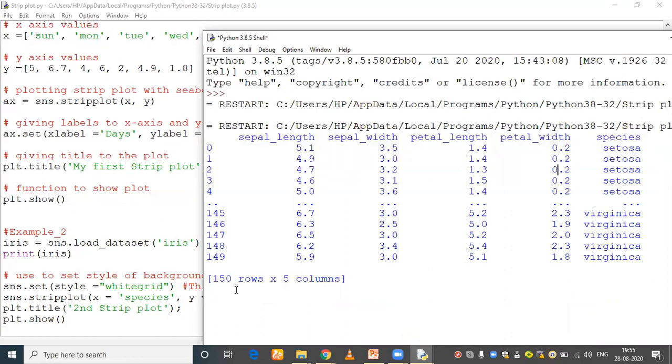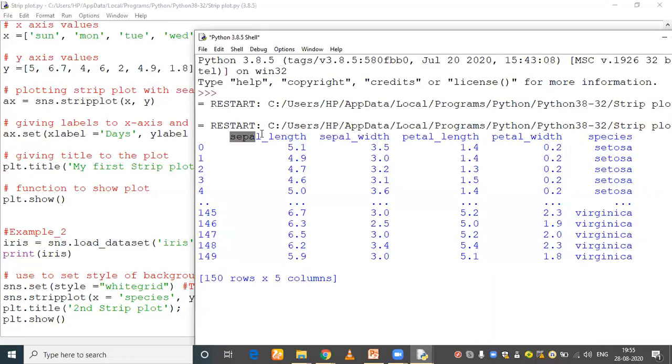This data set contains 150 rows with 5 columns: sepal underscore length, sepal underscore width, petal underscore length, petal underscore width, and species. As per the theory, one of the variables should be categorical. So I want to have this categorical variable on x-axis, so I will write x is equal to the name of the column. And then y is equal to, I can use any of these columns. I want to use the column sepal underscore length. Y is equal to sepal underscore length.